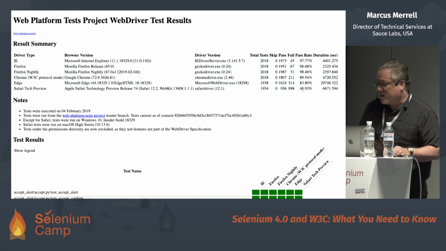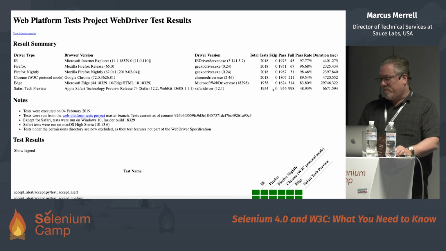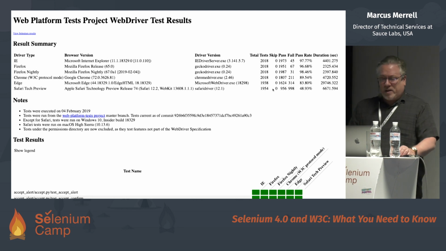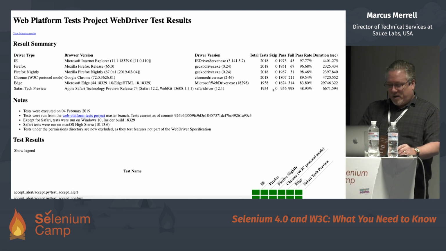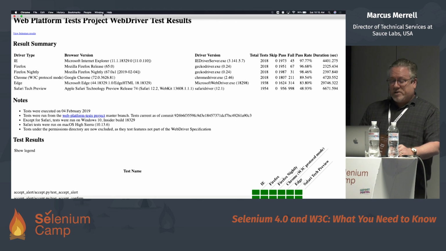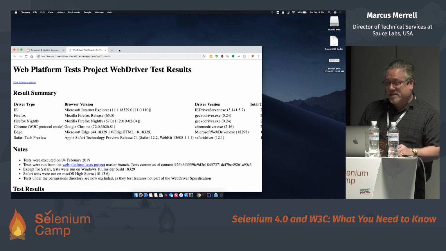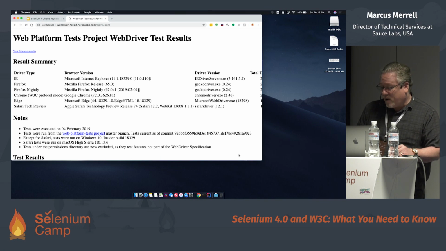As you can see, Safari is a little bit behind. But Safari is understaffed, unfortunately. I feel for the people working on that. There's only one person, to my understanding, working on the Safari driver, and I'm sure at some point that'll change. But at the moment, maybe they're waiting to see if this is real, if it'll take off. I don't know what it is. But every vendor has done a very good job of coming along and working with this standard. Let me share the URL with that, because I think it's important, once again, for more people to understand what this is and how it affects everyone,